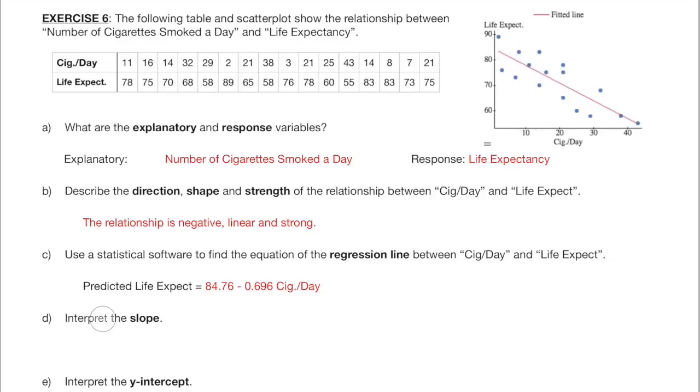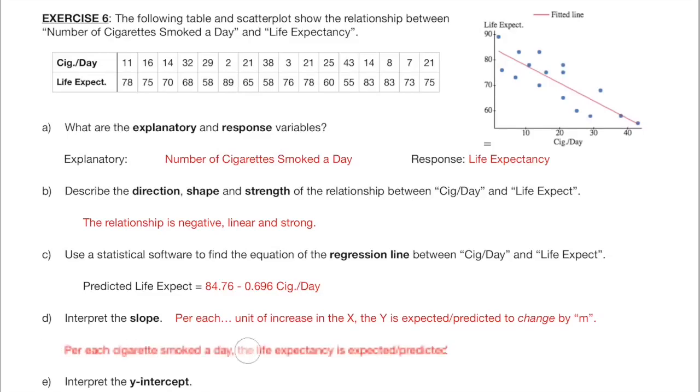Question D. Interpret the slope. A silly mistake that I see here very often is writing only the number, negative 0.696. This is the slope, yes, but you are asked to interpret it. So how do you put this number into a sentence? The general algebraic interpretation of a slope is the increase in the y per each unit of increase in the x. Since the x here is number of cigarettes smoked a day, and the y is life expectancy, the interpretation would be, per each cigarette smoked a day, the life expectancy is expected or is predicted to decrease by